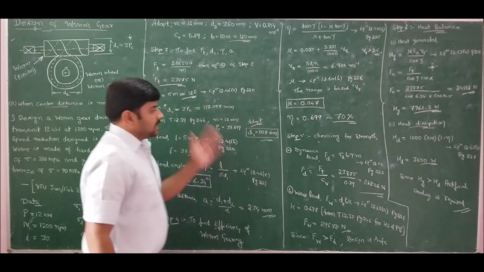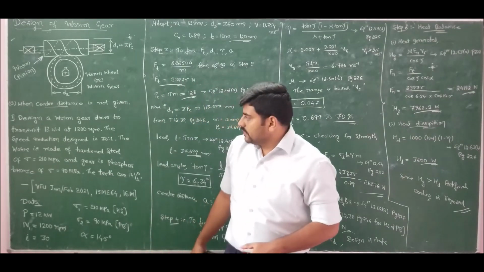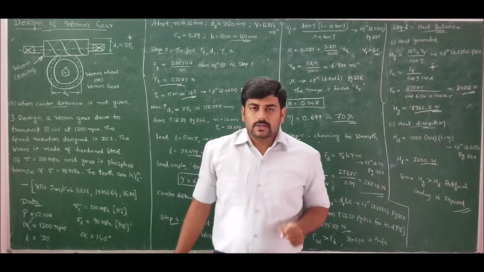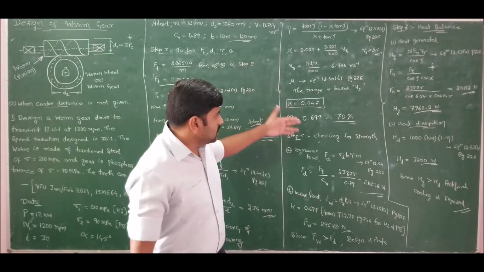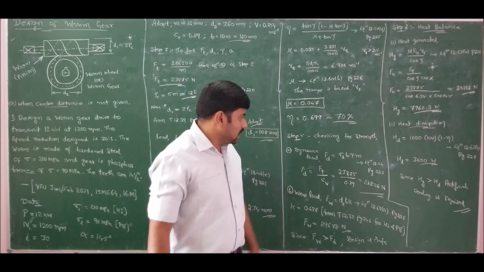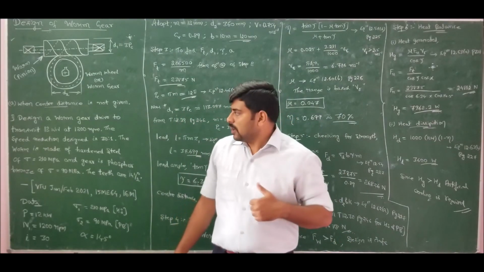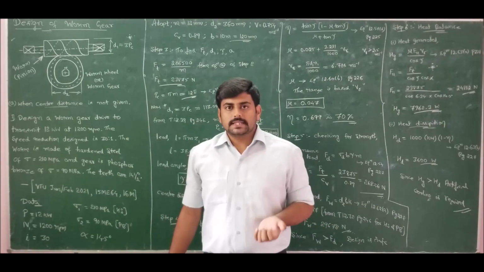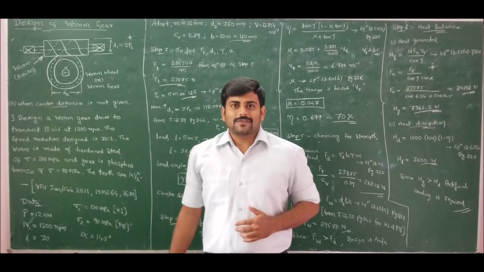So this is the complete solution for problem number 1 of our discussion on worm gearing, for which we have calculated the module, which is turning out to be 12 millimeters, and tangential load is turning out to be 23,875 newtons, and also we have verified that from the strength point of view our design is correct and safe because wear load is greater than dynamic load. So this is how you should solve whenever you encounter a problem on complete design of worm gear when center distance is not given. In our next lecture, I will take up a problem on worm gear where center distance is specified. That's all from this lecture. Thank you all.